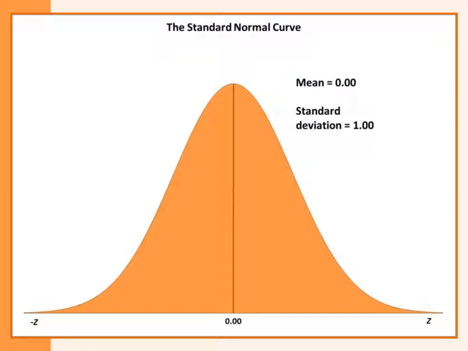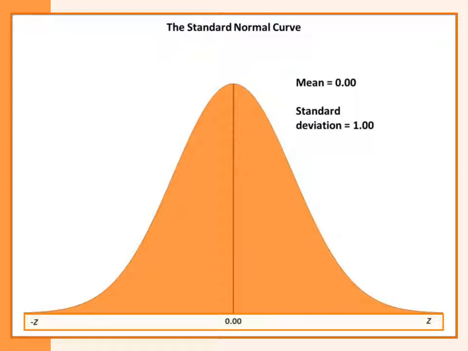There is not just one normal curve. Instead, it is a family of distributions. Two characteristics used to identify a particular normal distribution are the mean and its standard deviation. We will deal with a special type of normal distribution that has a mean of 0 and a standard deviation of 1. This is referred to as the standard normal curve. The random variable associated with this distribution is referred to as z.